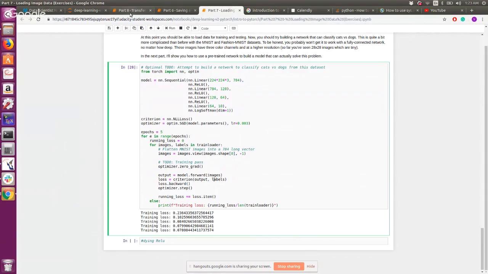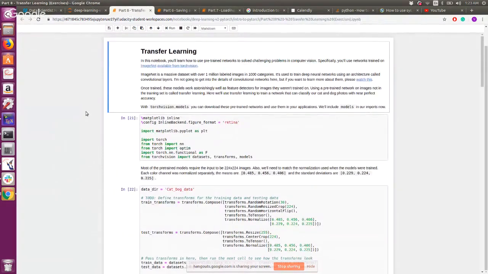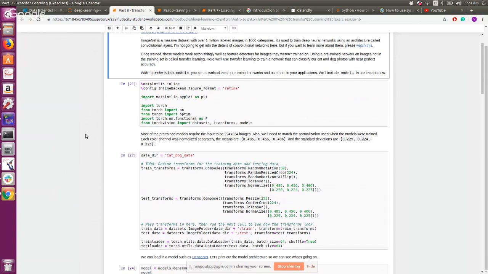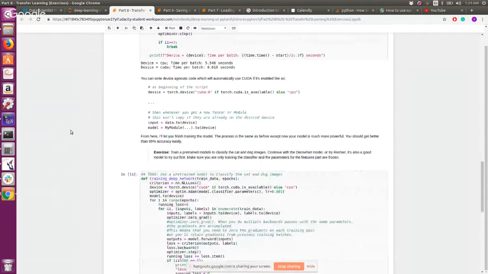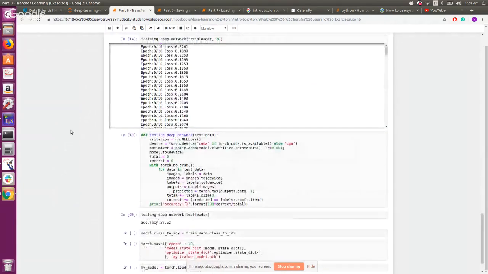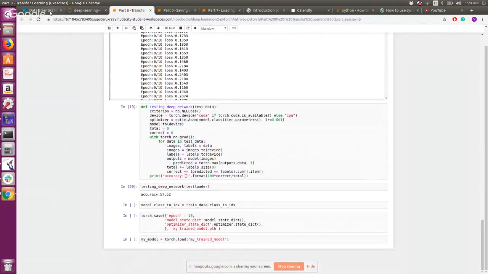After that we ran the transfer learning. Transfer learning is quite an important thing, and it's quite useful in industries nowadays. Here you have an already trained model, and you load that model and tune it for your own problem. So the model quickly adapts to the new problem, and it contains the learning from the previous data set as well as the new data set that you have trained it on. We used the DenseNet network, and then we checked its performance. We trained the network further, and then we tested it. So now,